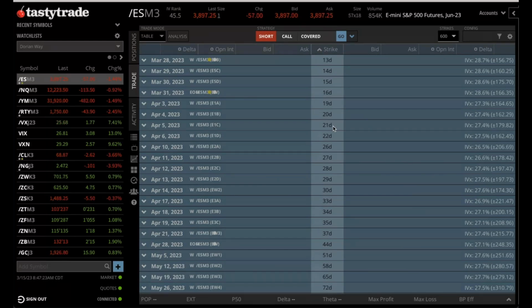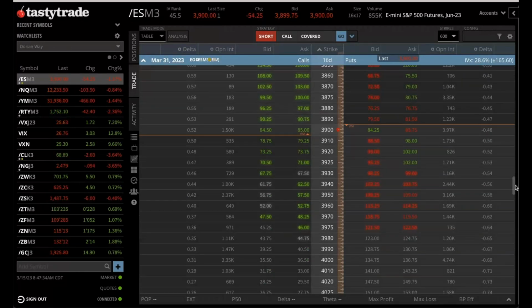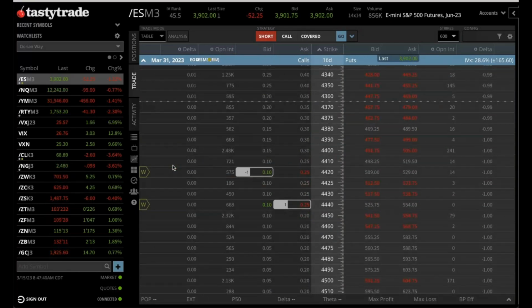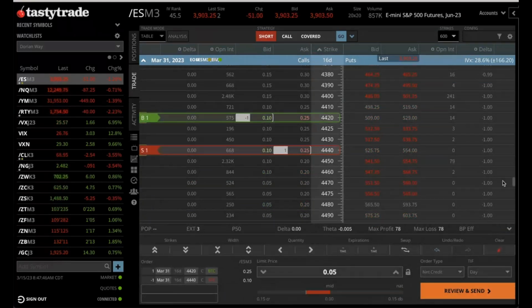If we go to this 16 days to expiration on this ES, you can see we have something that's in the green zone on this side, the 3610. So that's fine. Now on this call side here, we have something that's at a 0 delta. So this would make a lot of sense to roll this up, to buy this back here, and then move this up. And then if we move this up to something like,